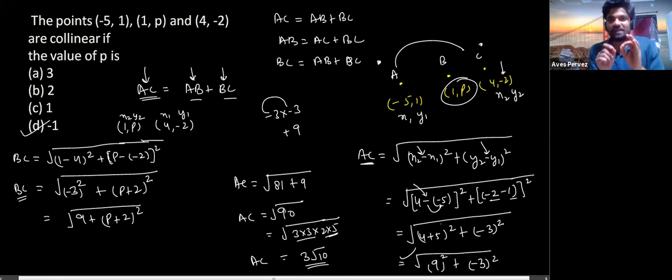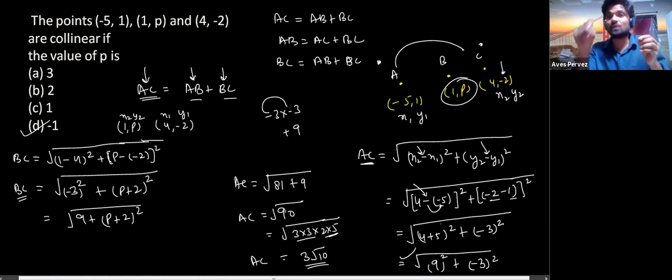It is mandatory that you go through the area of the triangle, because in that we are not going to have any problem with which point is lying where. If we are solving collinear points problems by using the distance formula, then dear students, we need to keep in mind